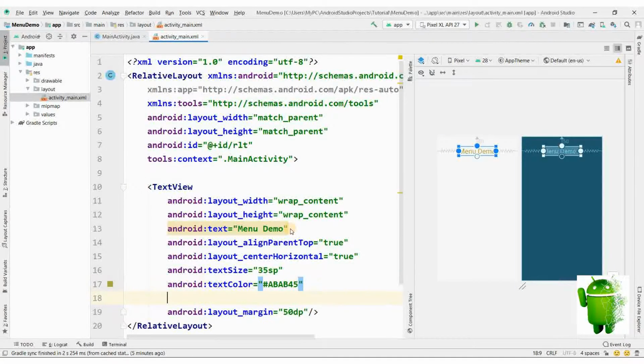We'll give the ID to this particular text view to txt label,